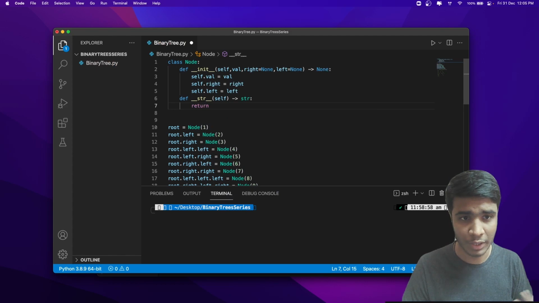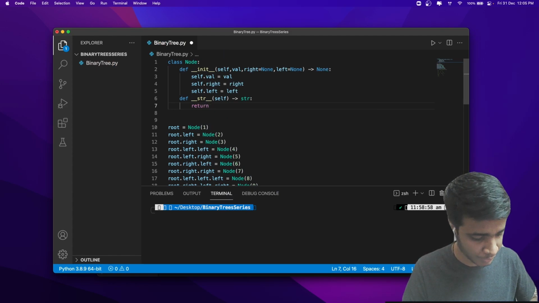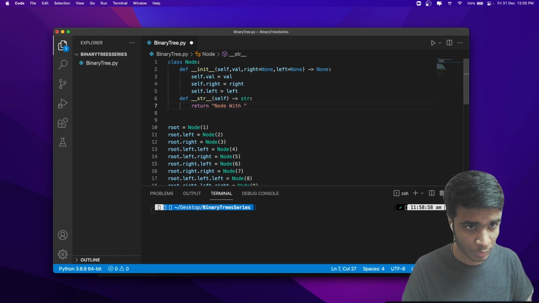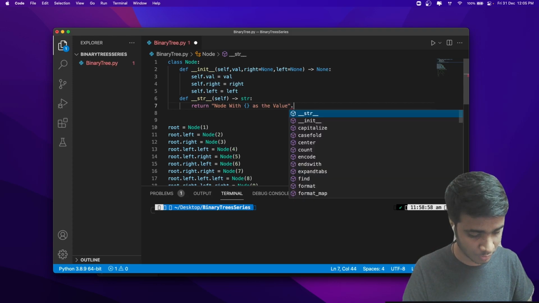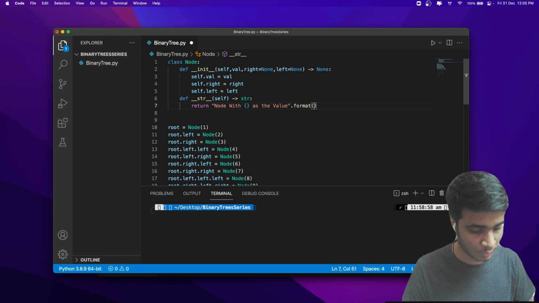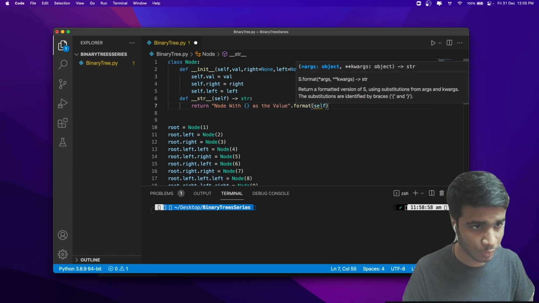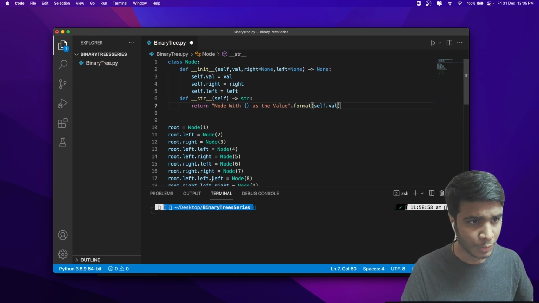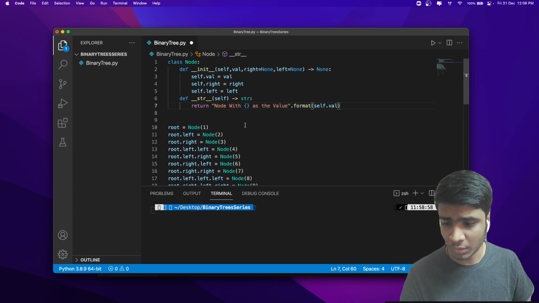So when I call node, it should return me node with self dot value as the value. This is just a built-in function that we define. So it is going to return this value when I call node.